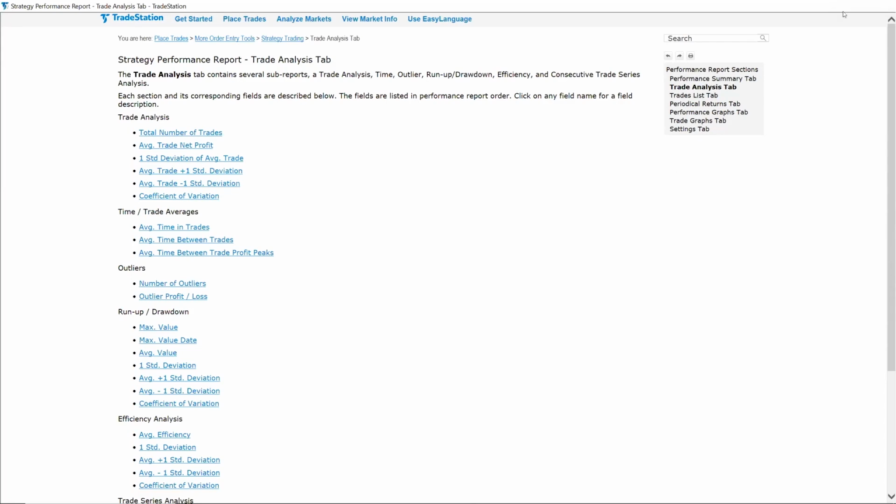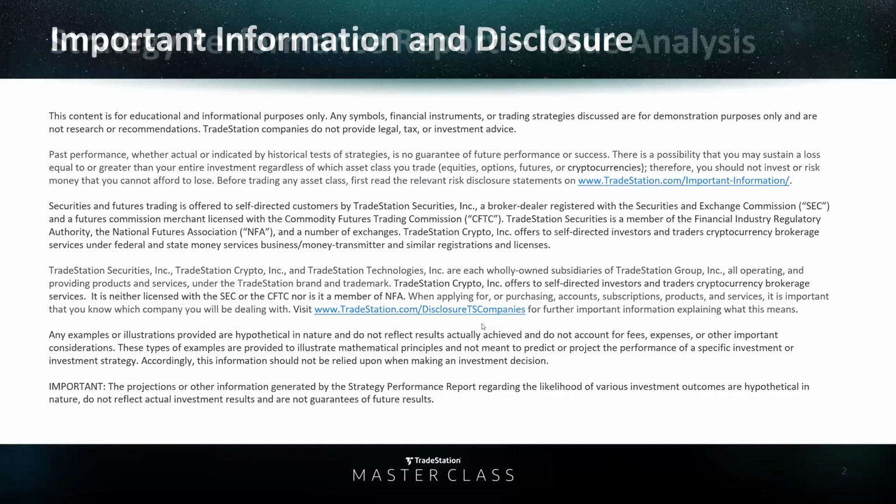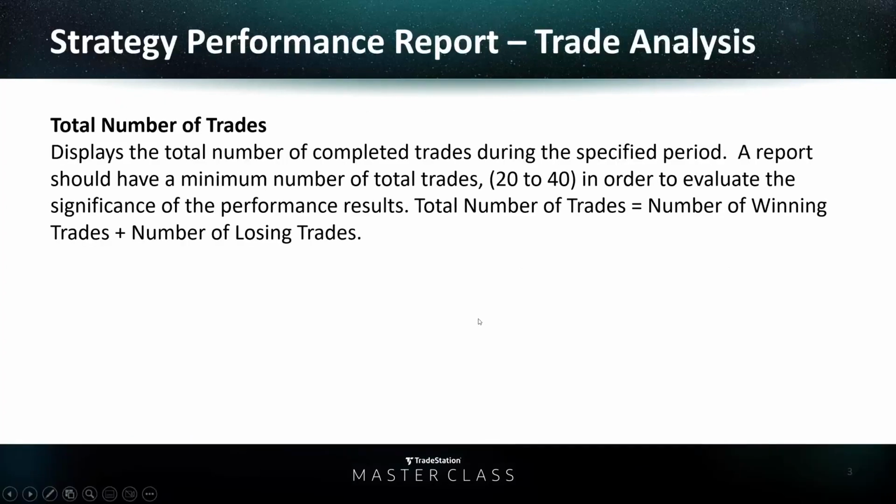Okay, so let me go ahead and close out of this, and let's start off with the first definition, which is the total number of trades. Total number of trades, as the name implies, are all the trades that make up our strategy performance report. It says here, of course, that you're looking from 20 to 40 trades in a strategy performance report to have